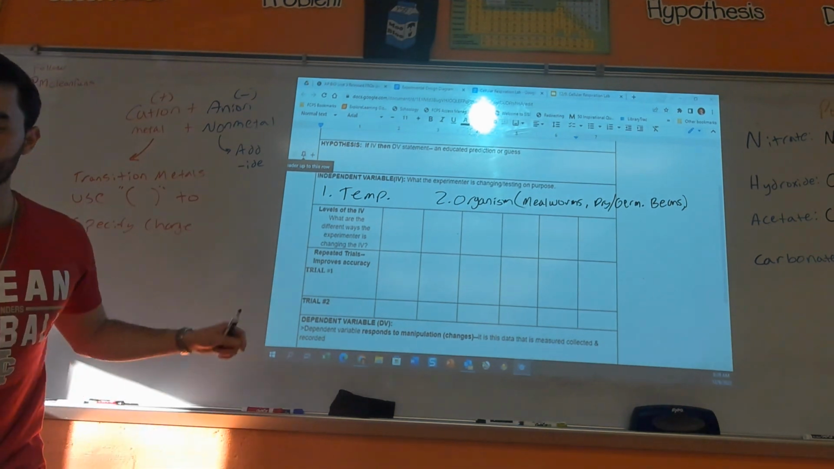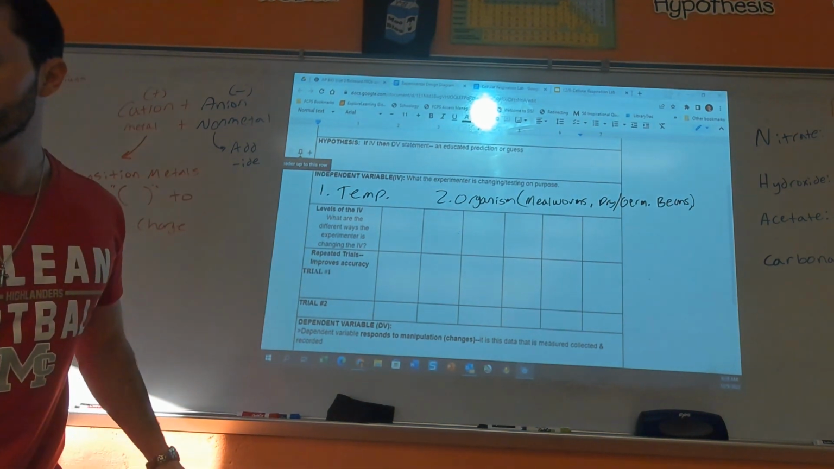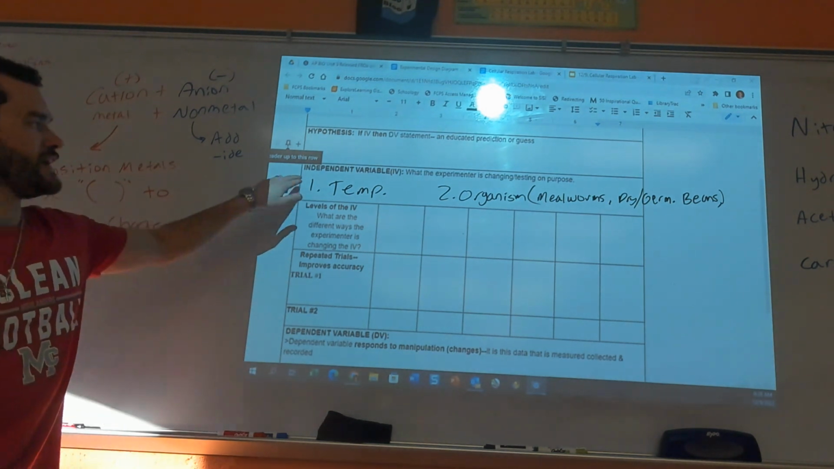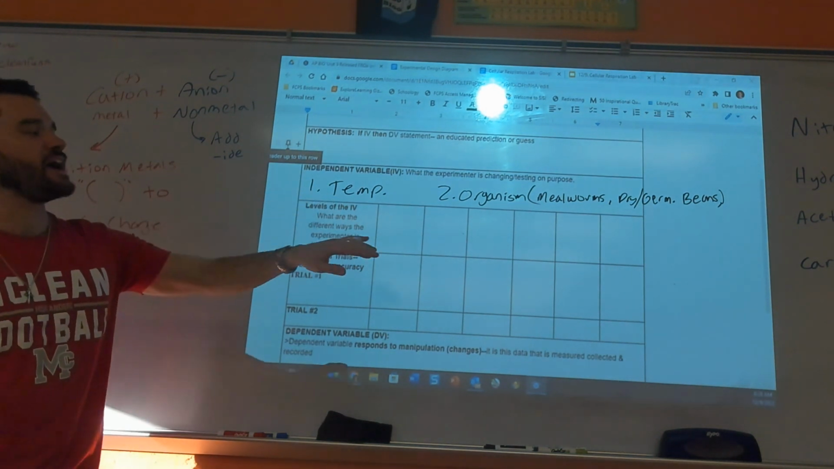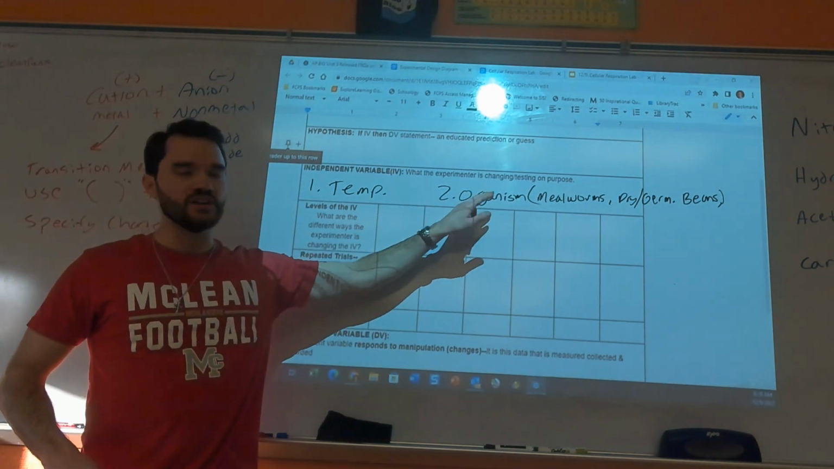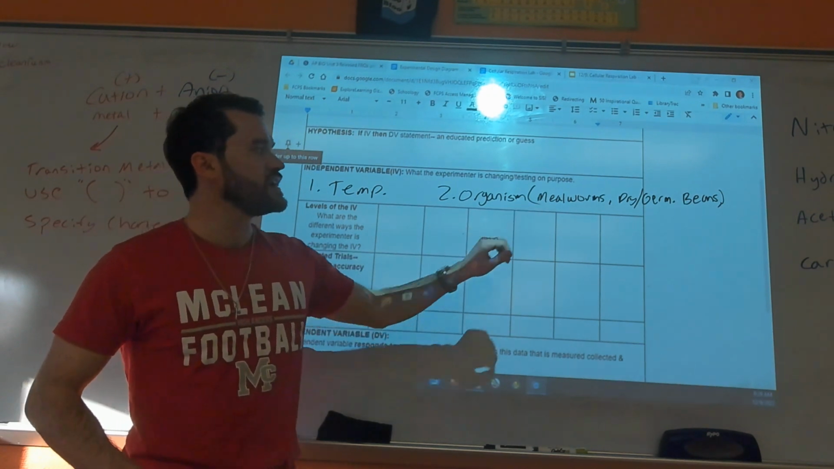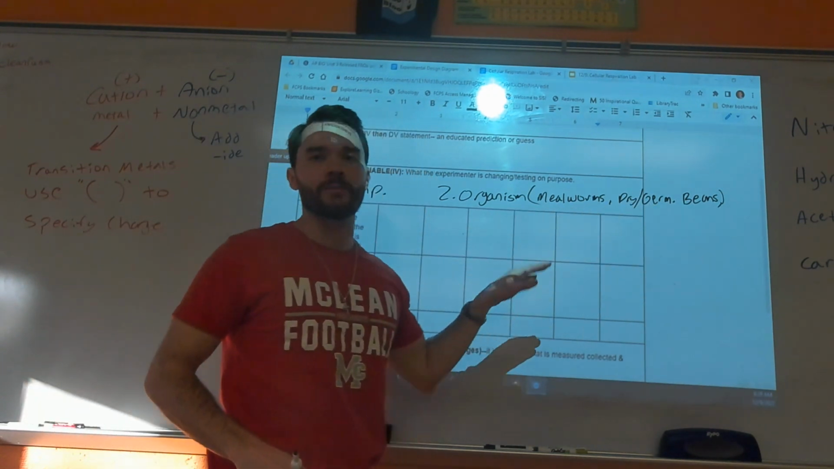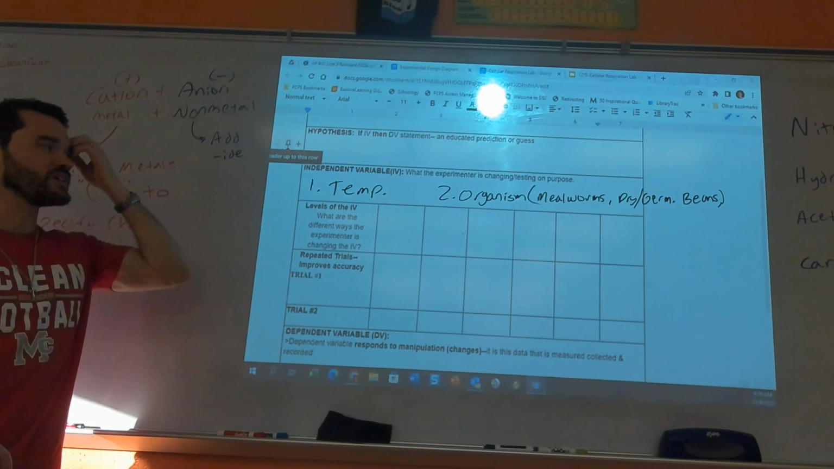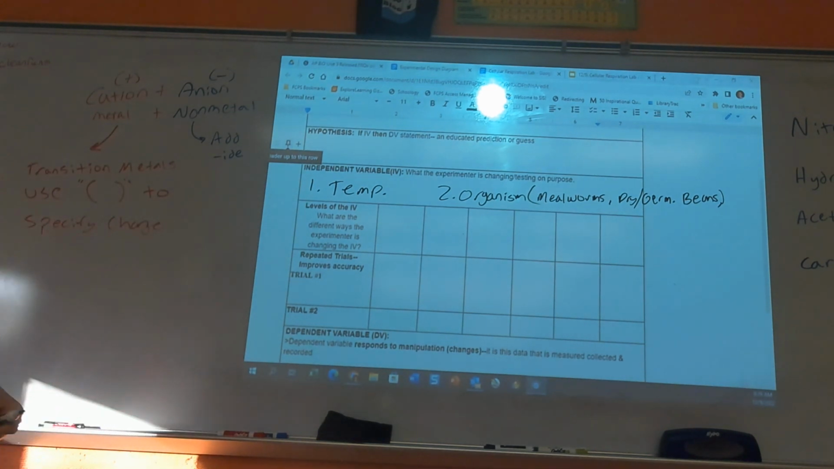All right, so going through this experimental design diagram, our independent variable is going to be temperature, and then the other one is going to be organism. So we're looking at mealworms and dry/germinating beans. Okay. The reason why you can have two independent variables here, and it's not a huge deal, is because